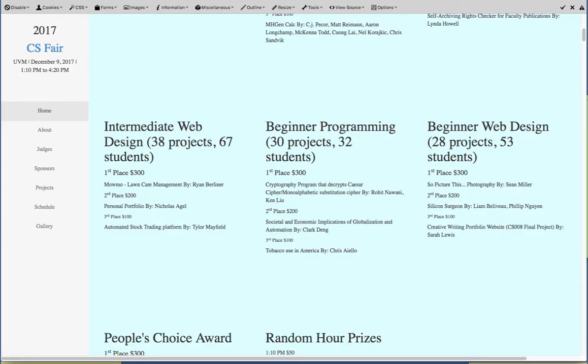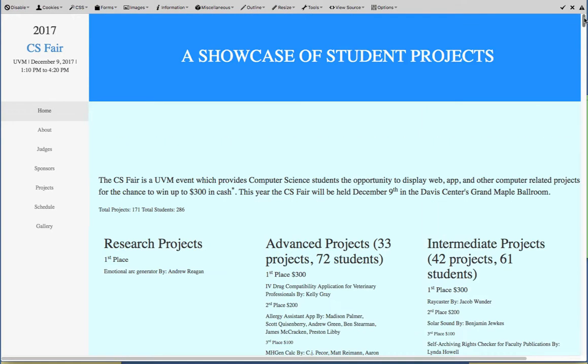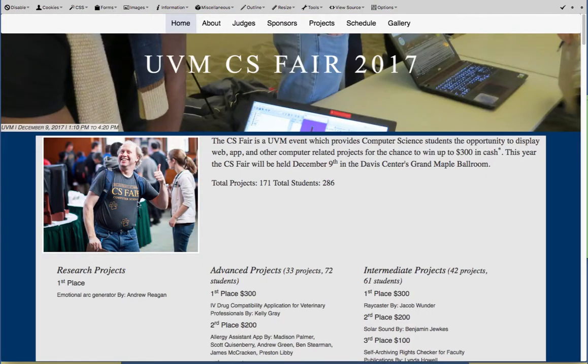Hey everybody, I want to just go through a couple of these CS Fair web designs that people have done in the past. I'm not going to go through all the pages. You get a feel for their look right off the bat. We've got quite a few of them. Of course, some people try to suck up to me and put my picture there. This is a very nice one. I'm biased. Actually, I don't like my picture, but